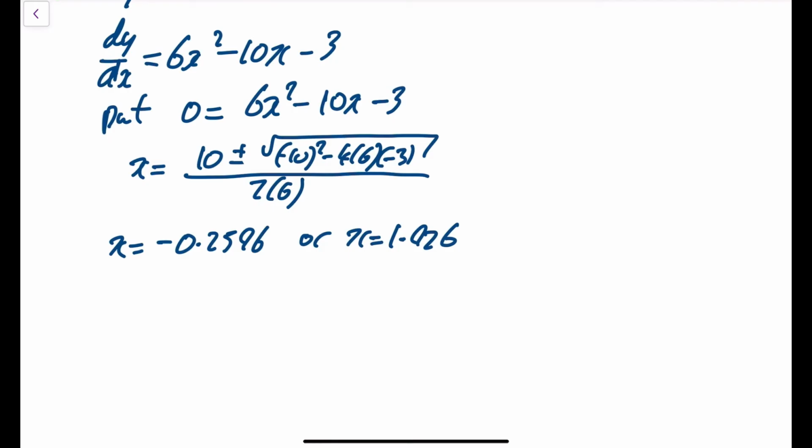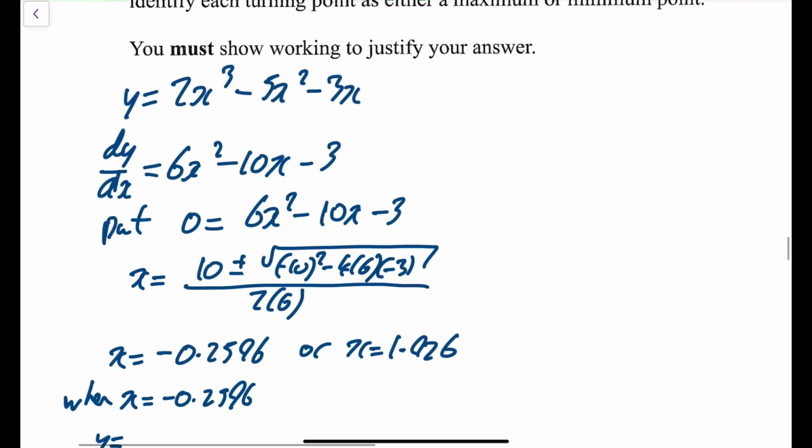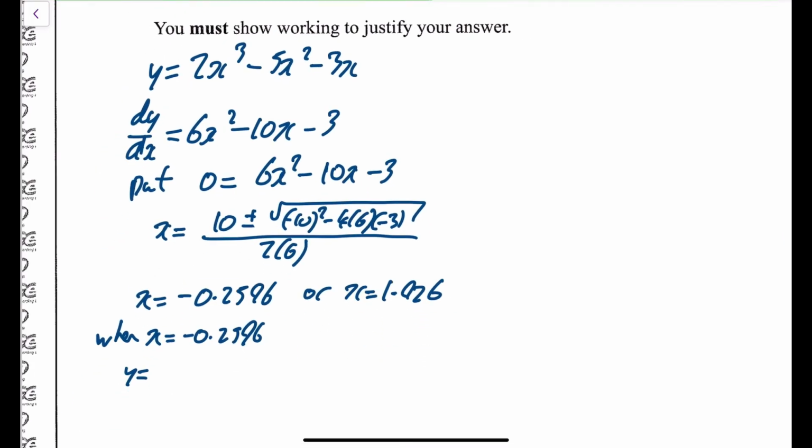Then I'll say when I want to find the corresponding y values, when x is equal to minus 0.2596, my y value, so just put it into the y equation up there. Don't have to show any working out, but you just put it in, and when I did that I got 0.4068. And again, we'll do the same for this one. When x is equal to 1.926, y is equal to